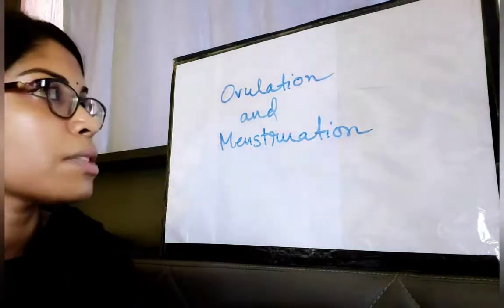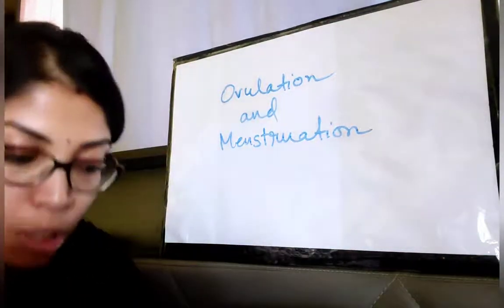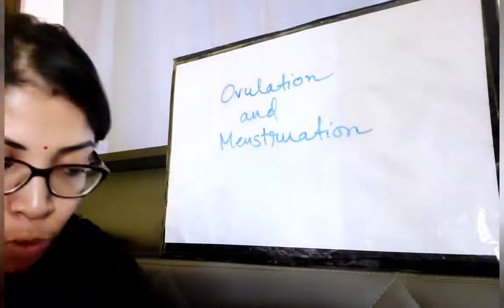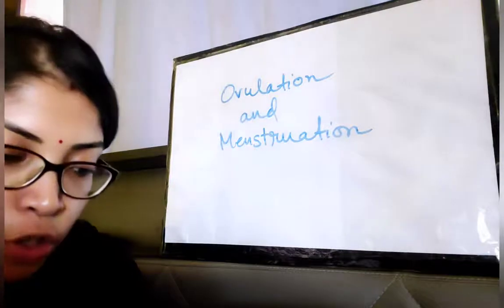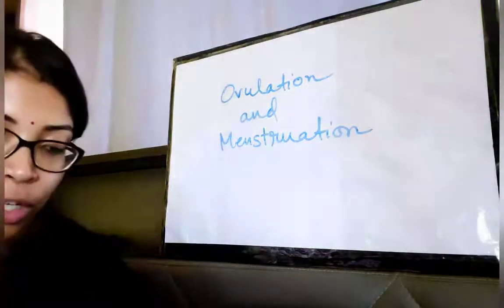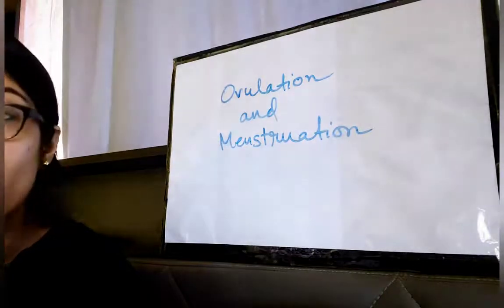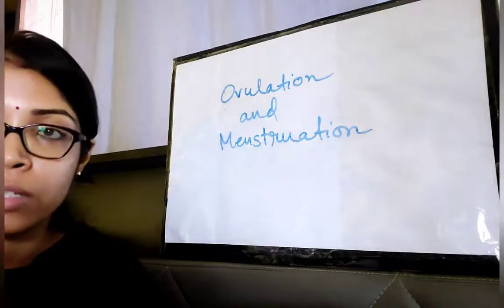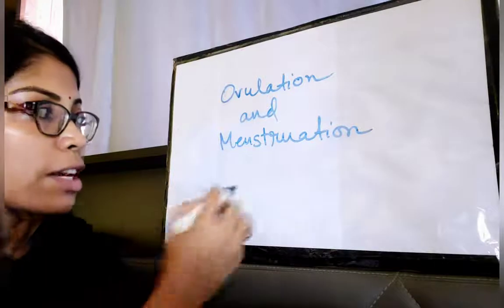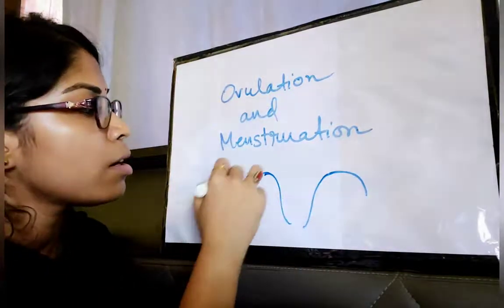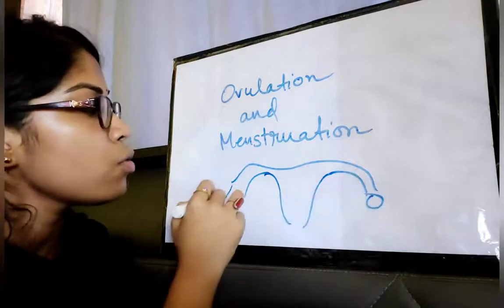Now, I hope both of these terms are new to you, so I need to explain these terms to you first. Look at your book first. The release of a mature egg from an ovary is known as ovulation. So every month, any one of both of the ovaries, there are two ovaries, right? This is the uterus, this is the fallopian tube, and there are two ovaries.